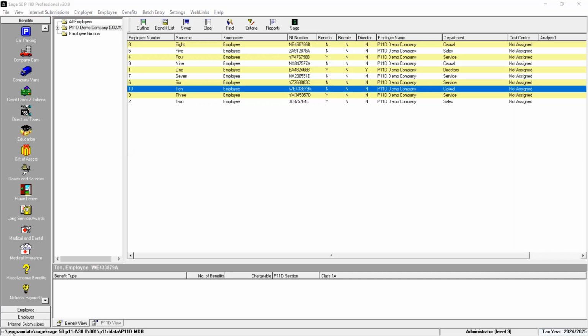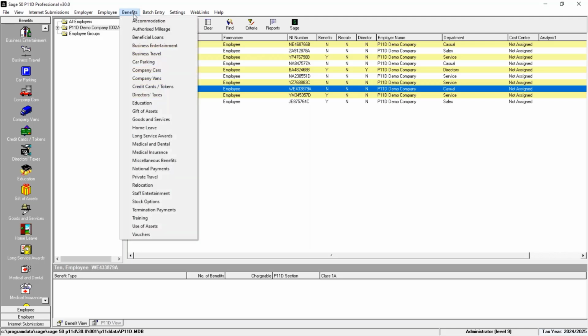What you then do is you select the benefit type for the record that you want to create. And I'm actually going to start with a company car. So for this employee, I didn't create the car record in payroll. I wanted to create it directly in P11D. So from this stacked menu on the left-hand side, I can choose the company car category,